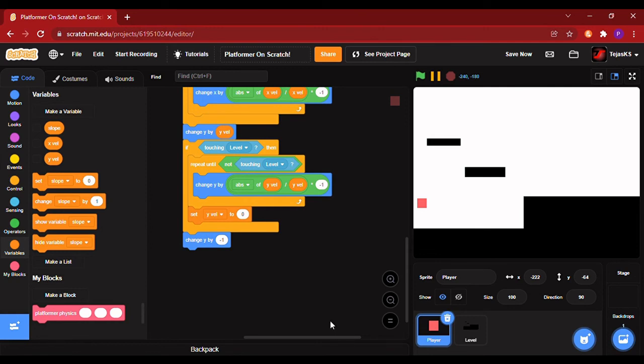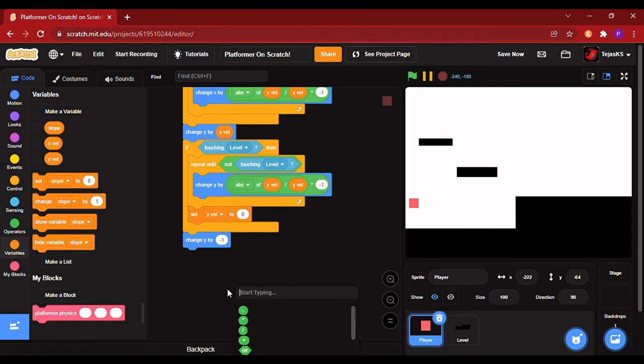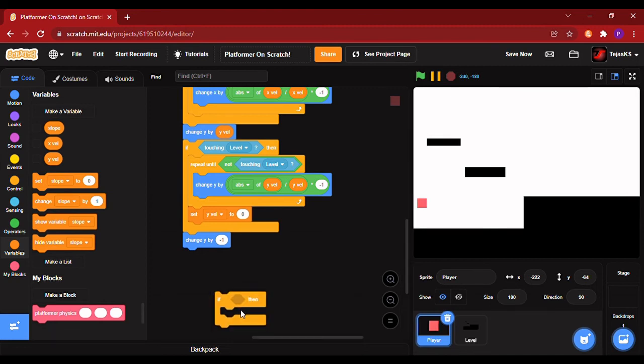And then if touching level, or before putting touching level, put and.